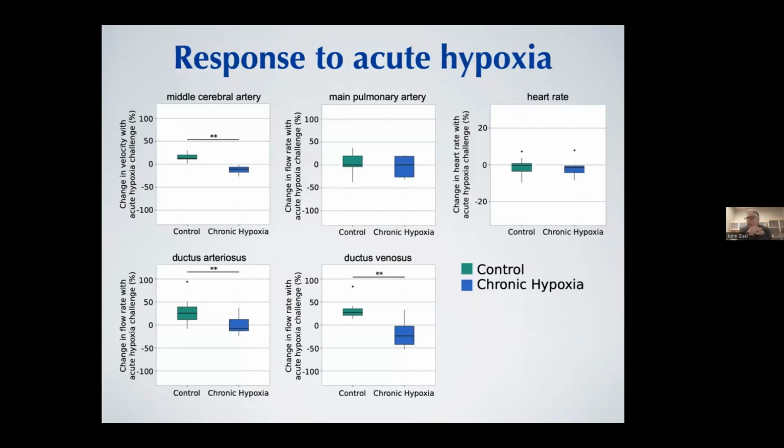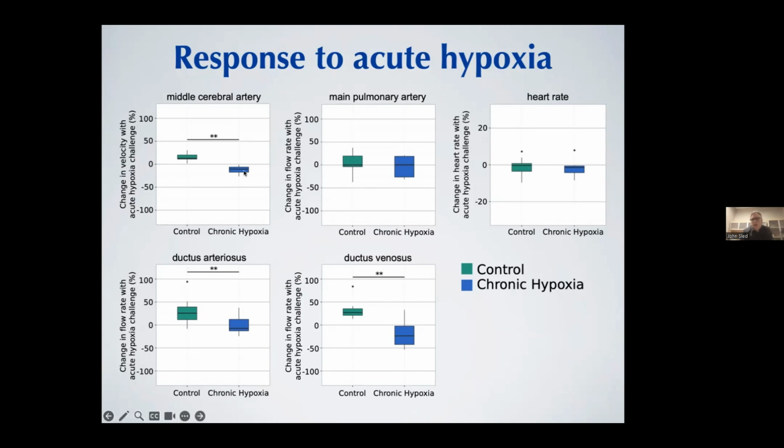We also did the challenge experiment. So here we have the mouse in their normoxic environment, and then we transiently expose it to lower oxygen and ask, well, what does the fetus do under those circumstances? The ones that have been raised in this normoxic environment all along have the kind of healthy response of increasing their cerebral blood flow, increasing flow through the ductus arteriosus and ductus venosus. So these two brain-sparing bypass